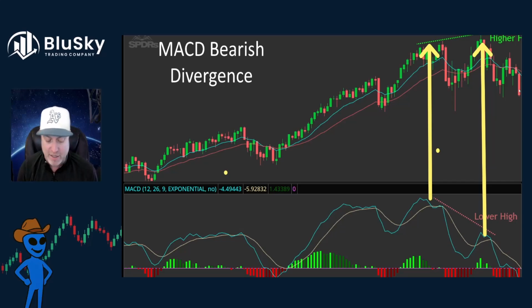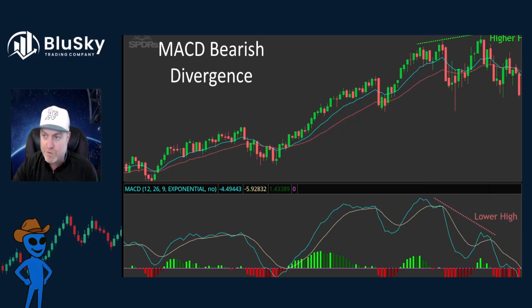Are you trading a commodity? Are you trading a futures contract? Are you trading an equity? Are you trading a 0 DT option on the spiders itself? Doesn't matter to me. It all works the exact same. And so divergence can be a very powerful tool, guys, because divergence not only puts you on the radar for